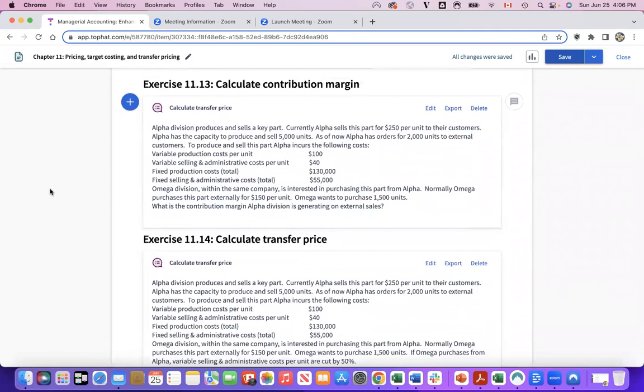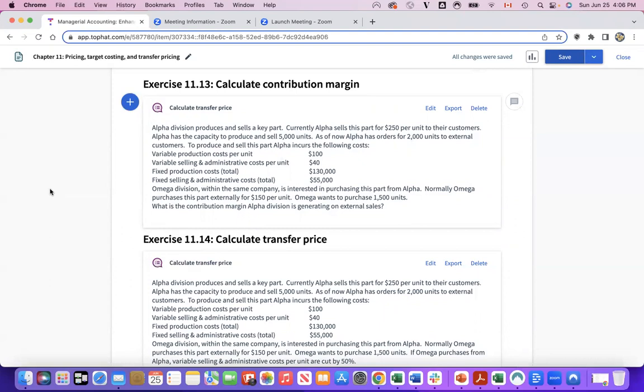Alpha Division produces and sells a key part. Currently, Alpha sells this part for $250 per unit to their customers. Alpha has the capacity to produce and sell 5,000 units. As of now, Alpha has orders for 2,000 units to external customers. To produce and sell this part, Alpha incurs the following costs: variable production cost per unit of $100, variable selling and admin cost per unit of $40, fixed production costs in total of $130,000, fixed selling and admin costs in